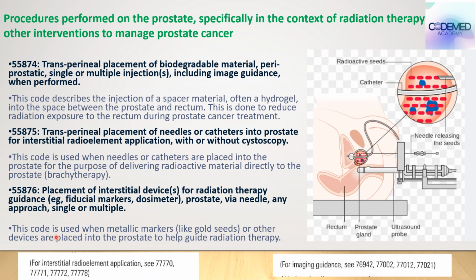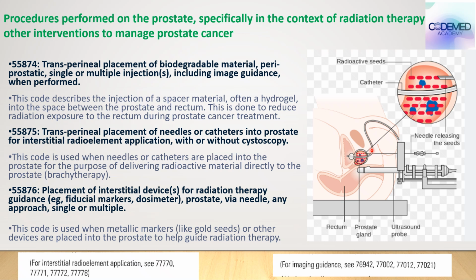And 55876 is the code used when the metallic marker or other devices are placed into the prostate to help guide radiation therapy. Now what are these metallic markers? We put these metallic markers into the prostate because whenever the patient is moving, or sometimes the cancer keeps moving, if we have the metallic marker inside the prostate gland, we will be able to check whether the gland location has changed or the tumor has changed, and for that we will require these markers. Basically it will guide us